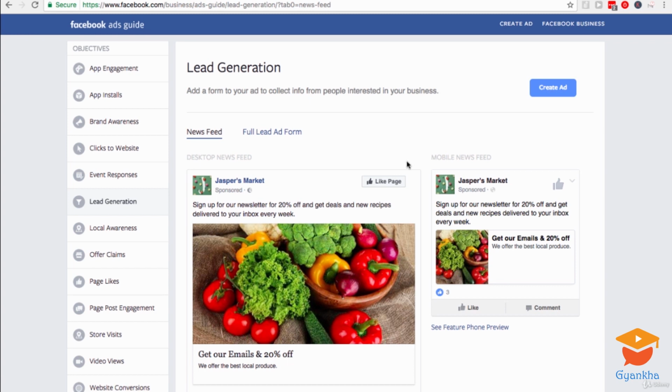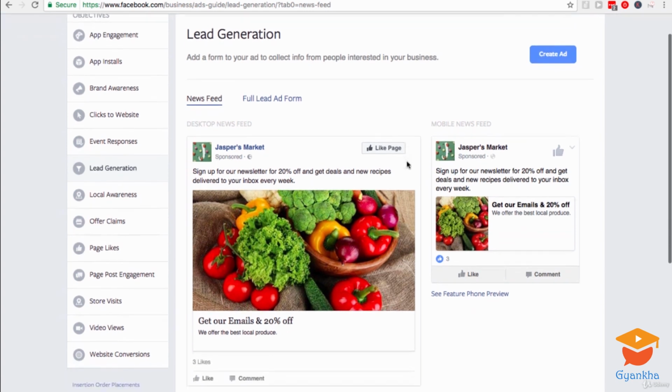Now, if we look at how it actually looks here, you can see that this looks like a normal ad. Nothing looks any different to maybe a clicks to website ad. It's just an image that you click on. However, the big difference here is what happens after the click, and really we look at the ad form here